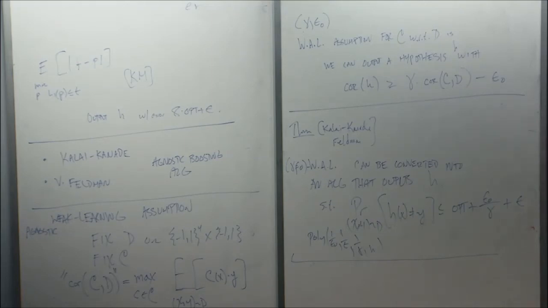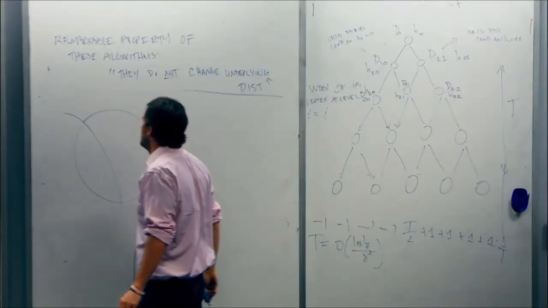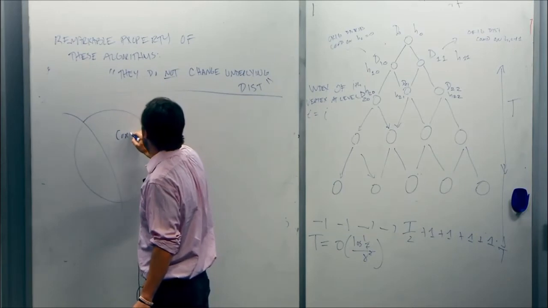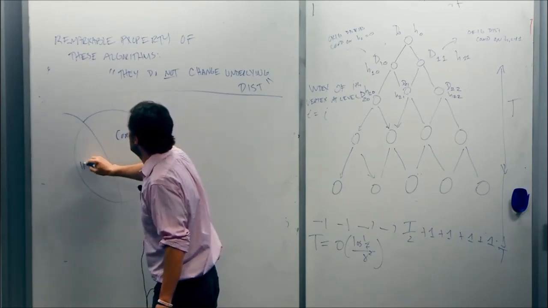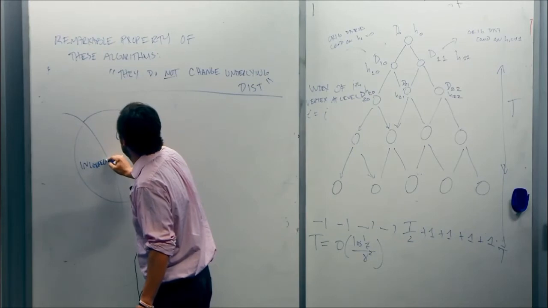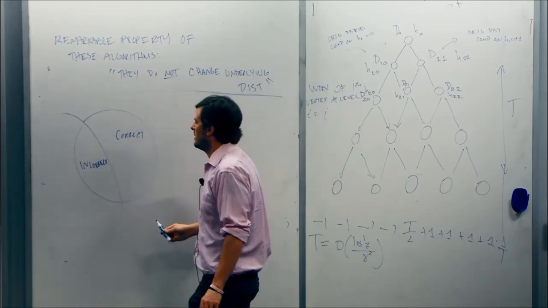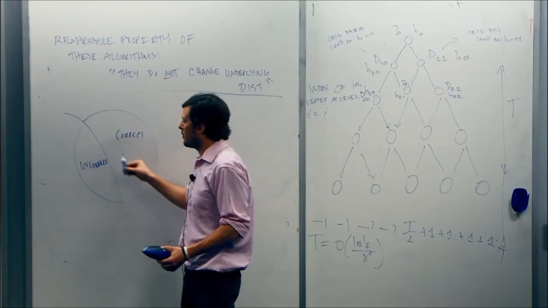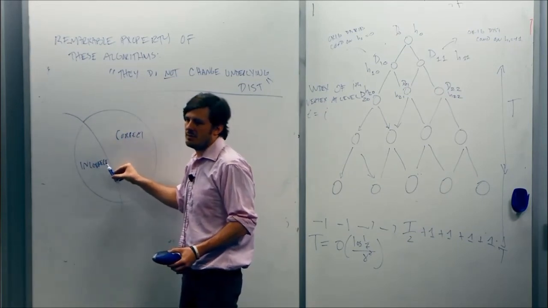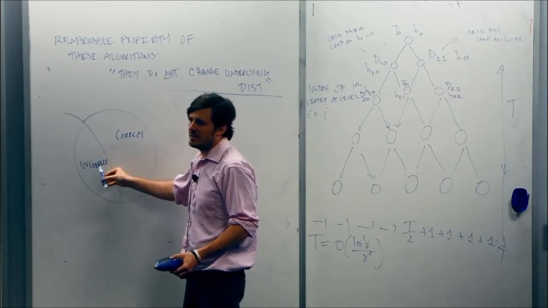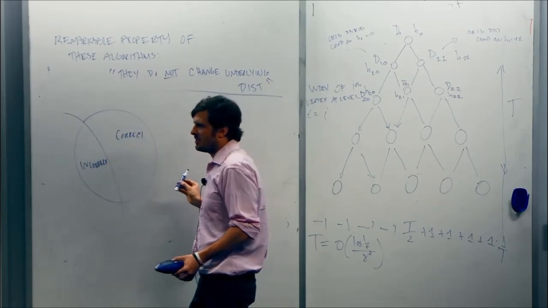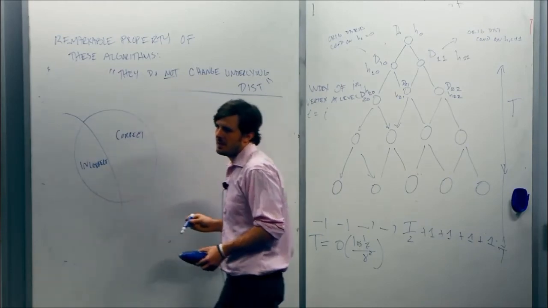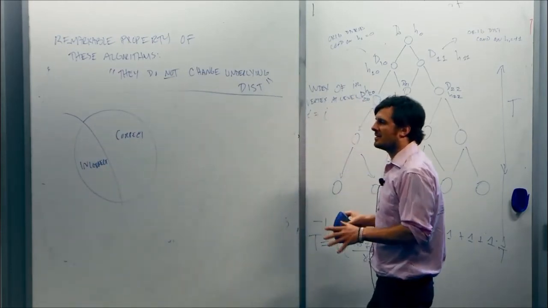So let's see if you guys can figure out what the trick is. Just at a very high level, remember, you run the weak learner, you get a hypothesis. It's correct here. It's incorrect here. And the new distribution was formed. Remember, we want to come up with a distribution where the weak learner is forced to do better on this part of the examples. And so we increase their weight, and we decrease the weight of these examples, and that forces the weak learner to do better on this part. Now, we're in the agnostic setting. That's sort of a hint.